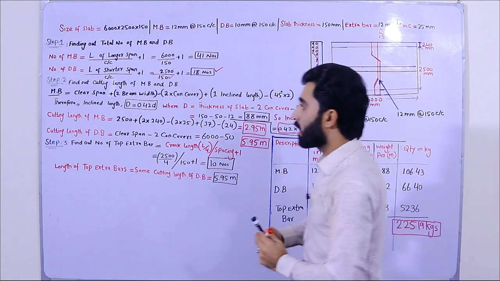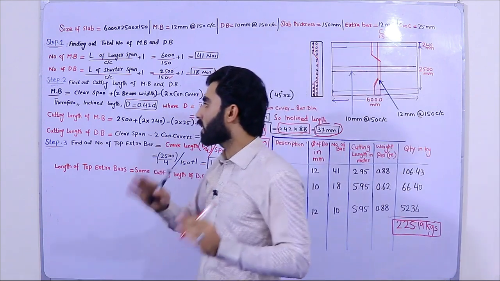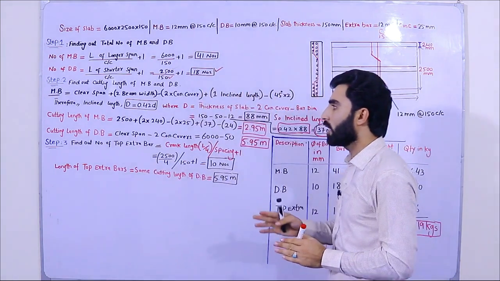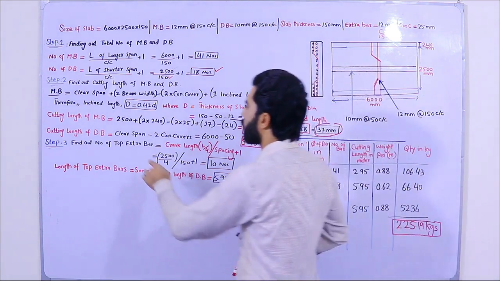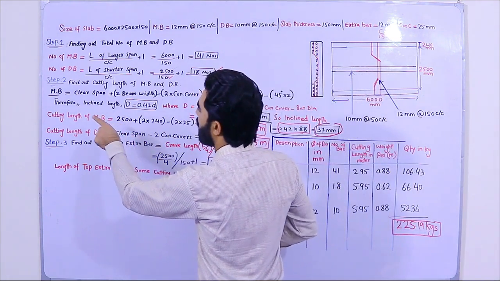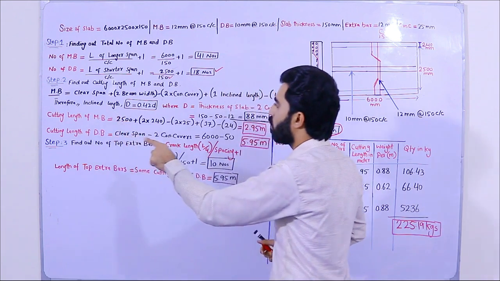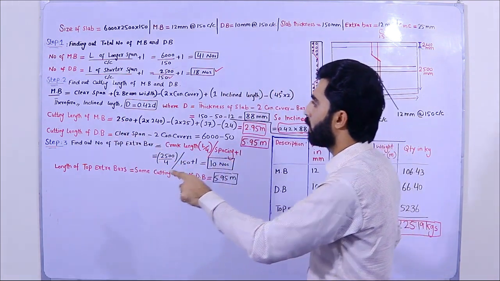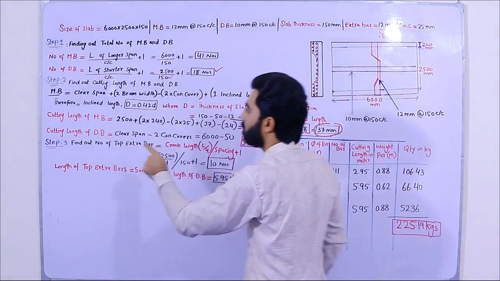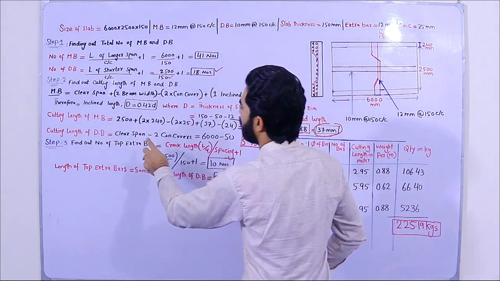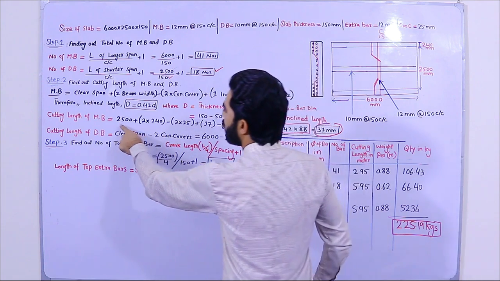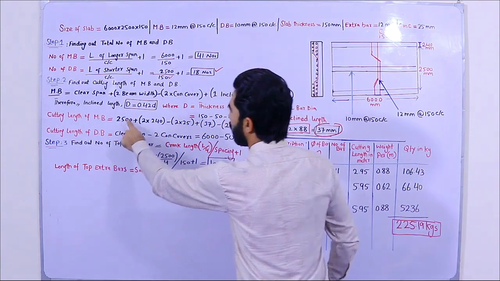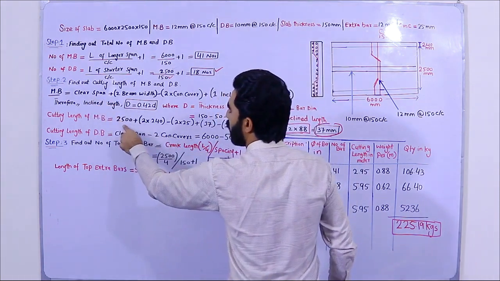So now guys, cutting length of main bar. What is the cutting length of main bar? So the cutting length of main bar is, as you can see, here, clear span 2500